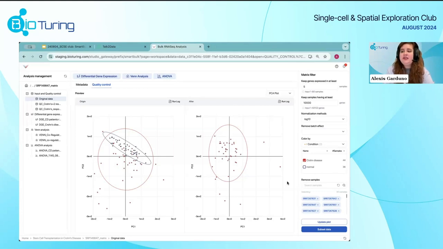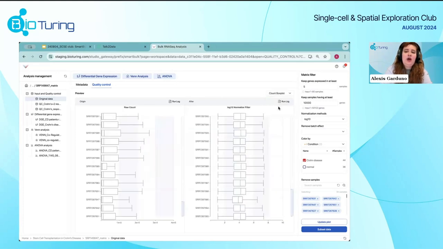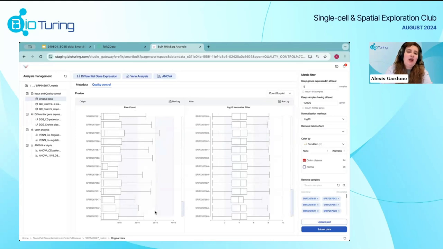So the PCA plots are clustered by condition. I removed normal, and I can see more information relating to the quality control that I can then use to either remove low quality samples or run the analysis from there. To get more information on which samples have low quality, you can go into the count boxplot and directly see the information relating to the raw count and the